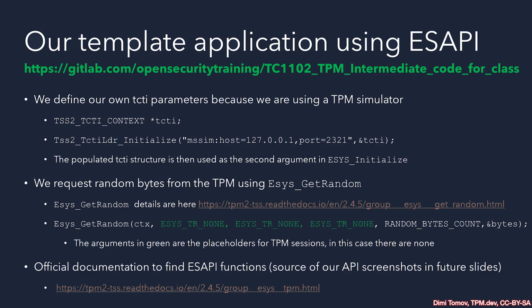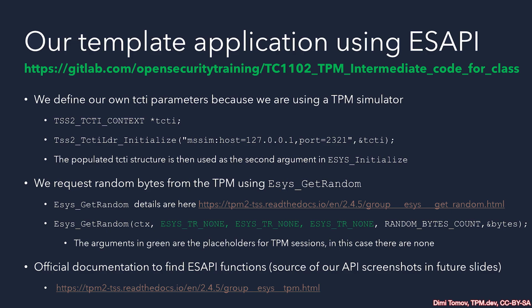And now that we've done this, we can then go ahead and try to talk to our TPM. In the easiest way, what you find in most situations, even in TC1101, it is, let's try to get some random bytes, some randomness out of the TPM. So we'll use the ESYS get random ESAPI API matching to the TPM get random command.